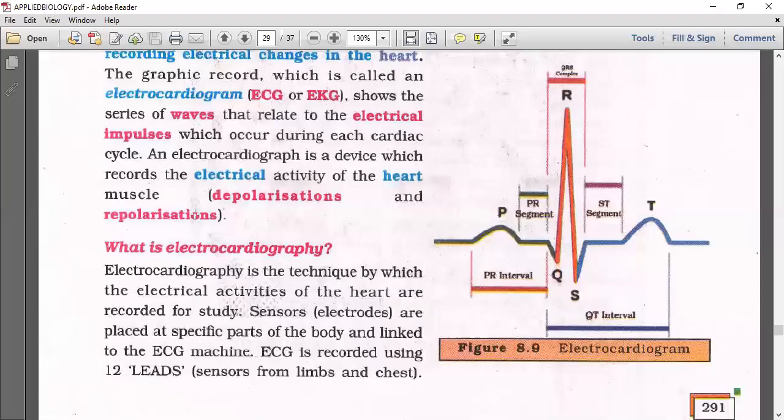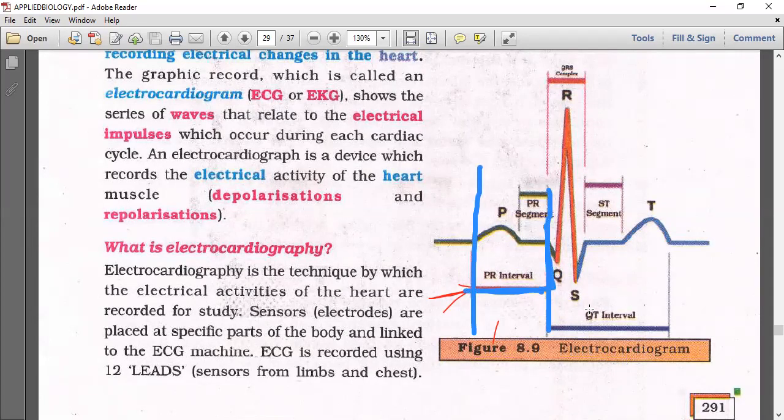Now let's come to the intervals. The PR interval. If you watch here, let us first see from where to where it goes, and then we'll go into the theory. What is the PR interval? What is the beginning point of the PR interval? The beginning of the P wave, isn't it? I'm using a better color and making lines so you can understand. You just see the PR interval, that box.